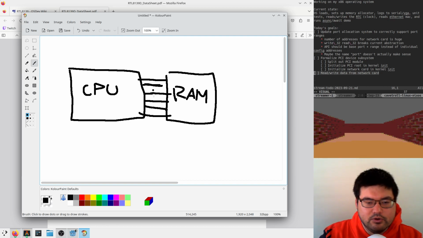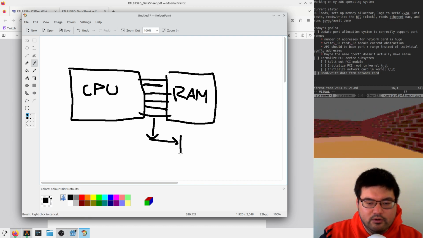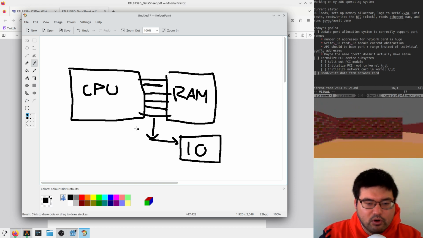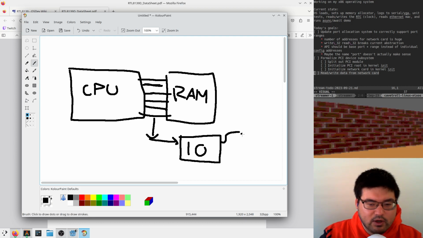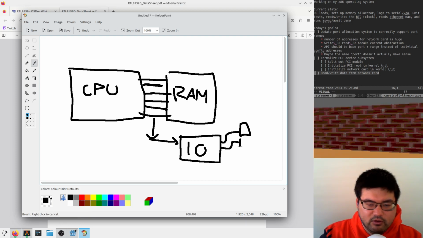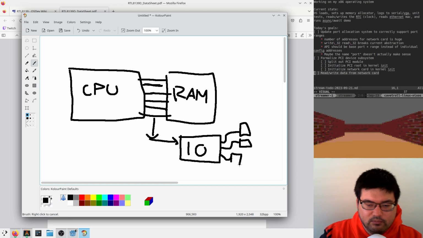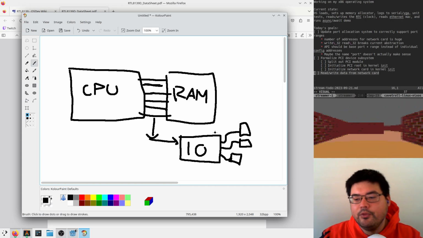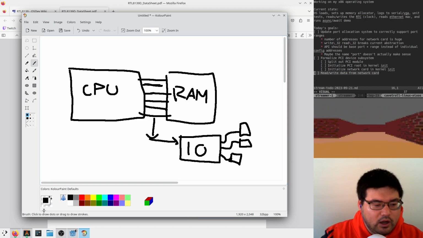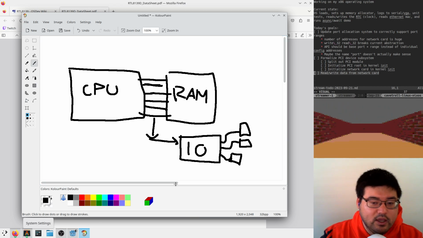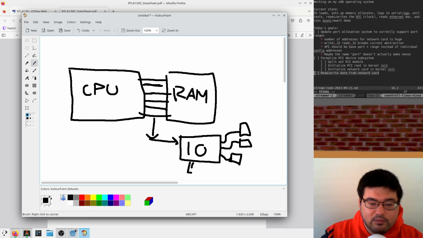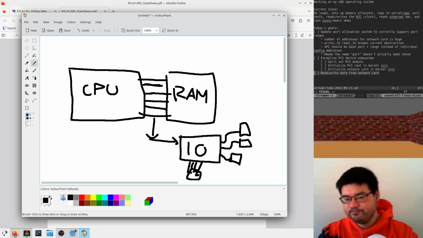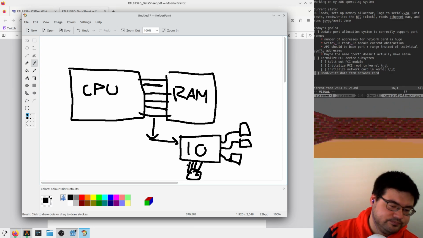But these lines also go to IO. The way I was thinking of this before is that every combination of lines interacts with one thing, and each of these things was 1 byte, right? One address, 1 byte. But I'm finding now with PCI that that's not the case. First of all, some of these come out with 4 lines going to one chip, and you're actually only allowed to read